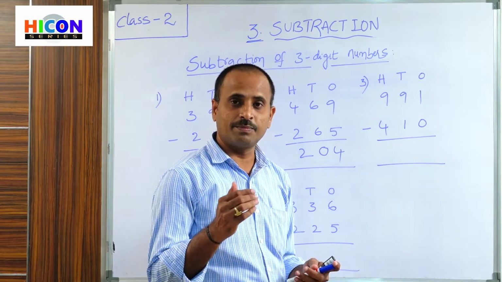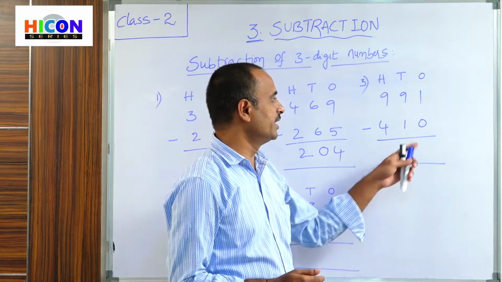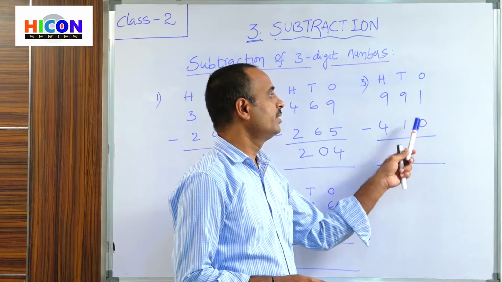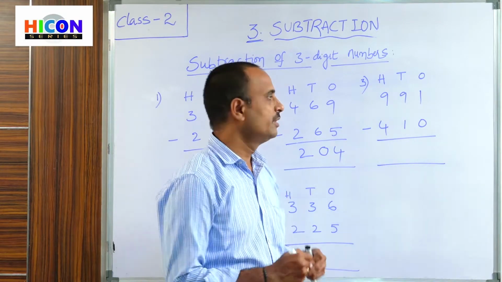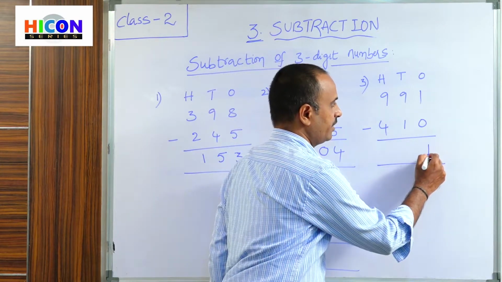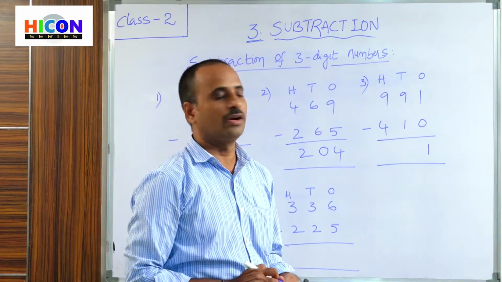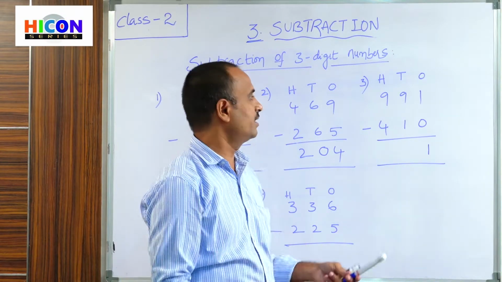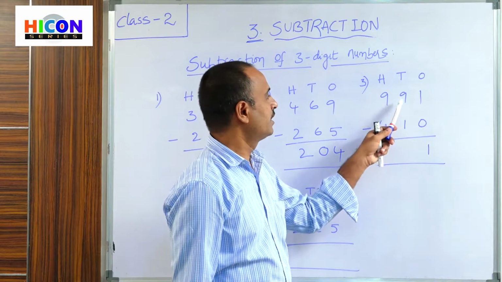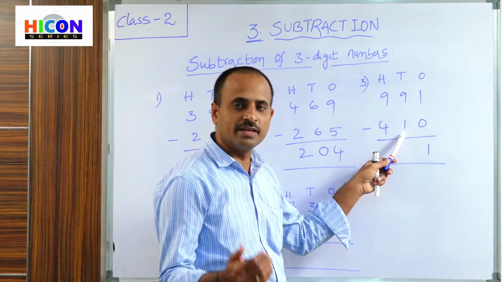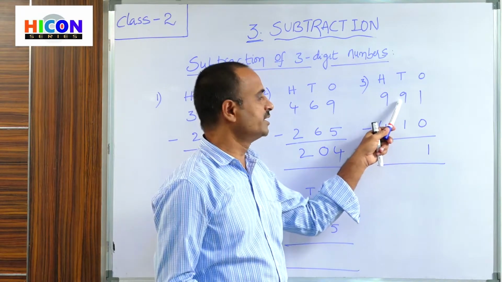Subtract 0 from 1. So how can we subtract 0 from 1? So by using subtraction facts, if 0 is subtracted from any number, we will get again the same number. So the answer is 1. Write 1 under ones place. Now go to the tens place. What are the digits present in the tens place? 9 and 1 are present in the tens place. So first digit is 9.